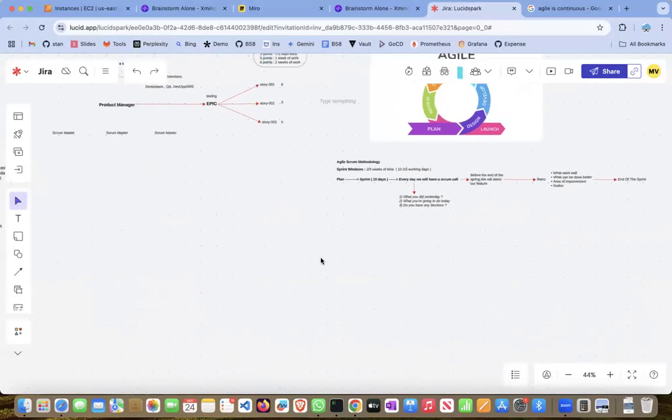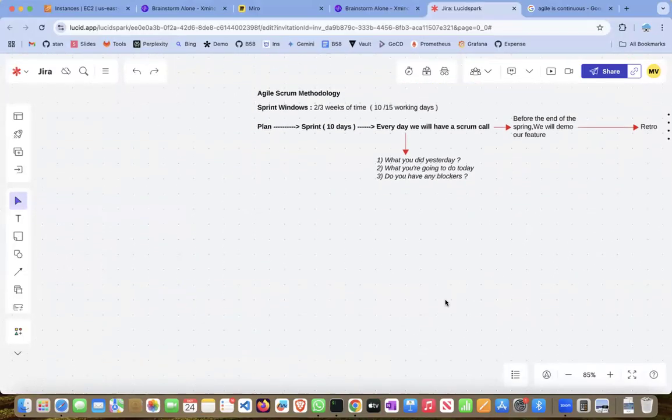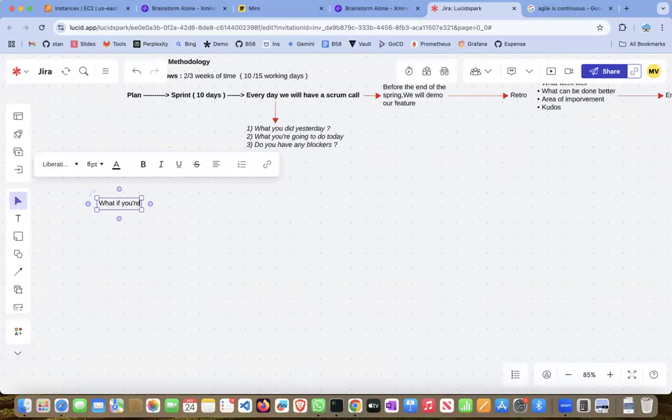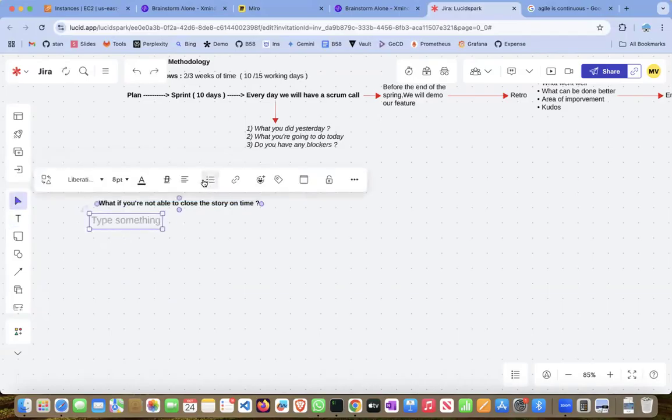Now next, what if you are not able to close the story in time? That means, what if you are not able to develop the feature? Then there could be a lot of reasons. The reason could be that either you are not able to solve it, or you are blocked because of some reason,